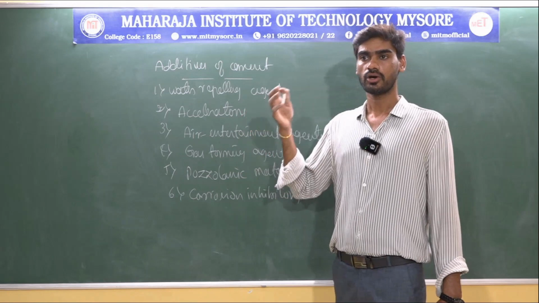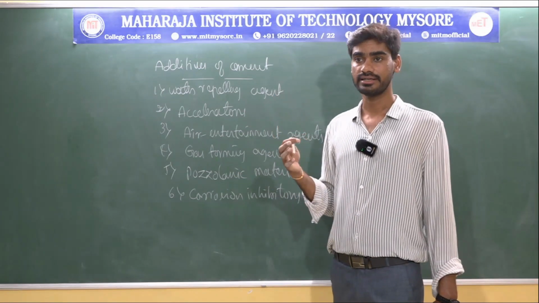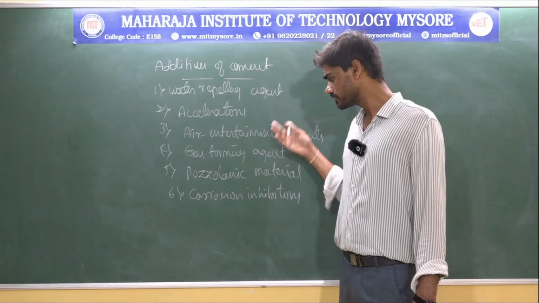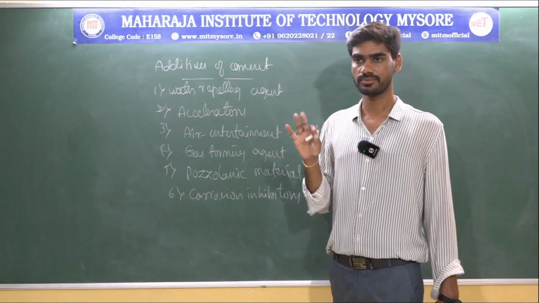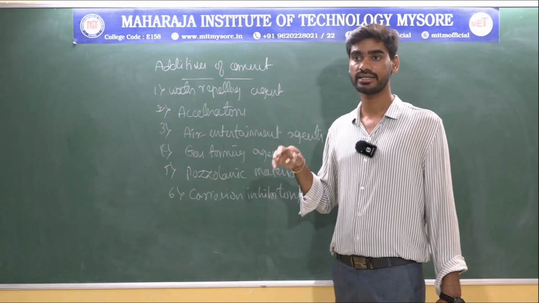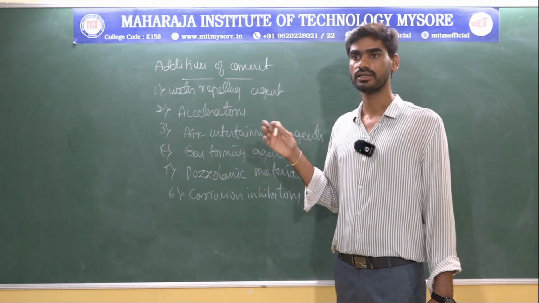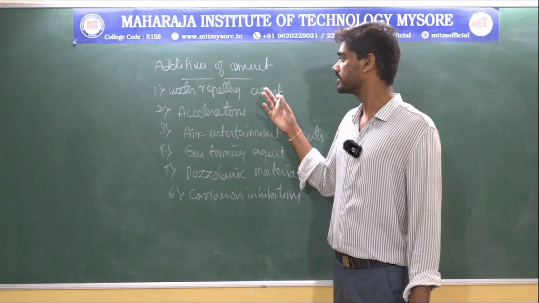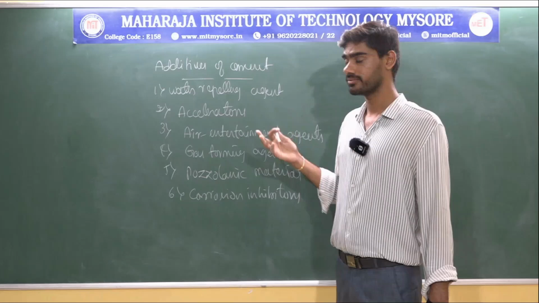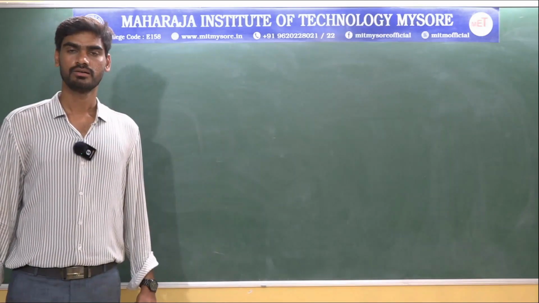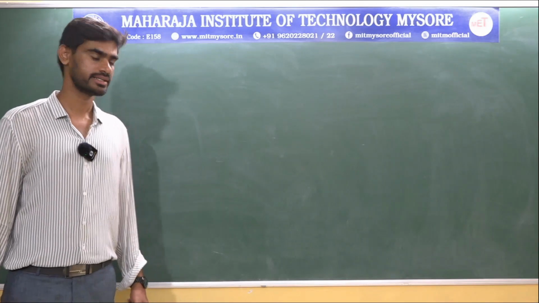And also they are employed in parking garages, bridges, right? When we come to the corrosion inhibitors, some important examples are sodium nitrate and calcium nitrate, which are commonly used as corrosion inhibitors in reinforced concrete structures. So this is about additives to increase the quality of cement. Now let us discuss cement testing.